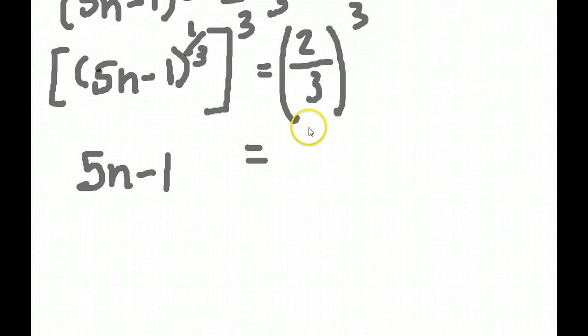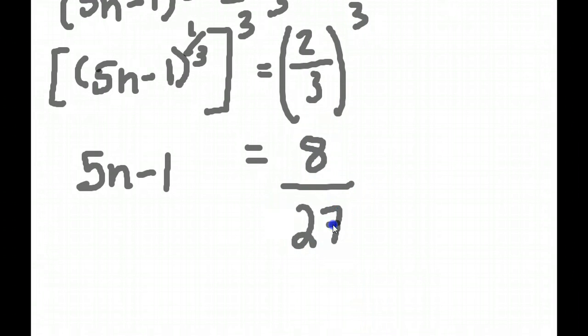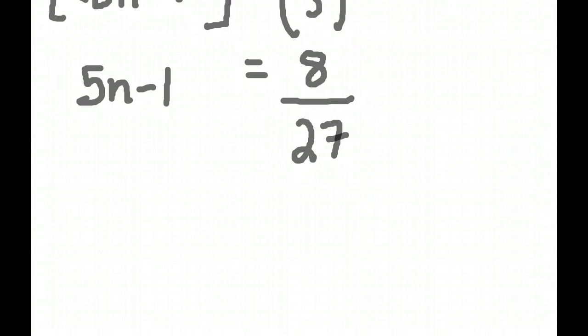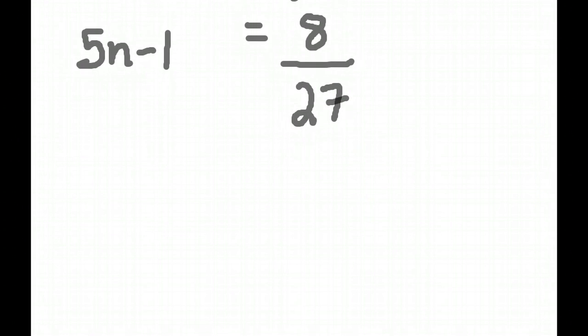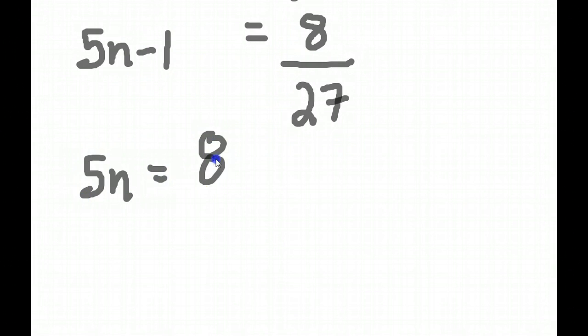So we raise our numerator and our denominator. 2 raised to the 3rd power is 8, so our new numerator is 8. 3 raised to the 3rd power is 27. So now we have 5n - 1 = 8/27. Okay, so now let's start whittling away again. We have 5n - 1, so let's add that 1 to the other side. 5n = 8/27 plus